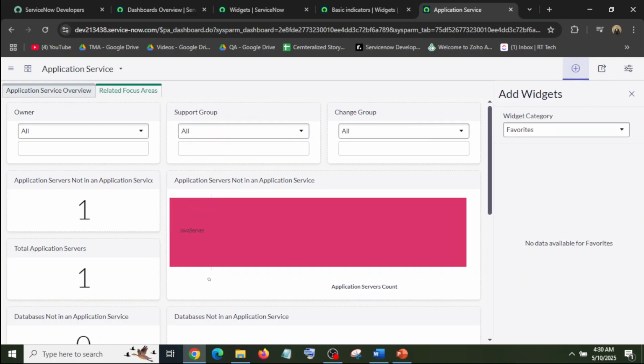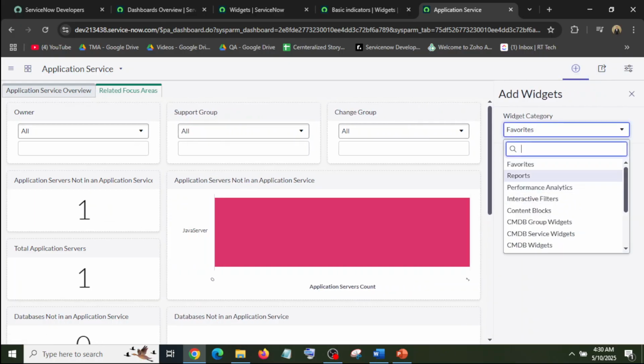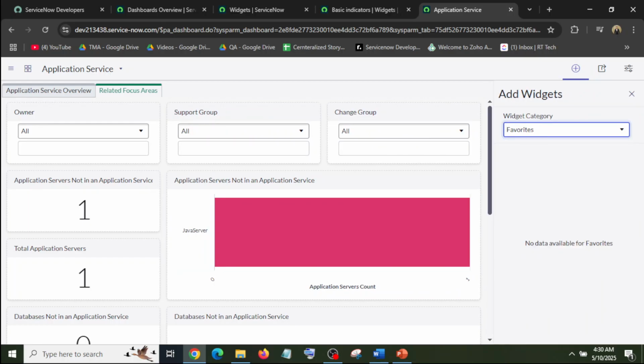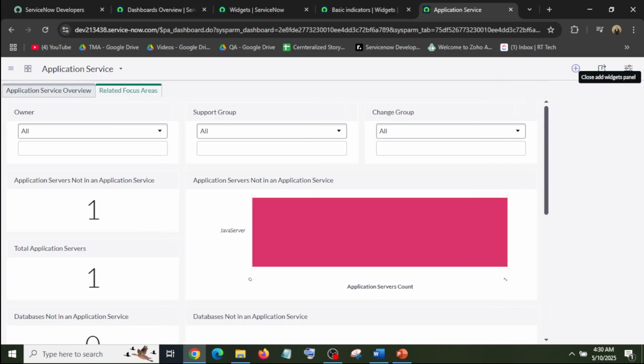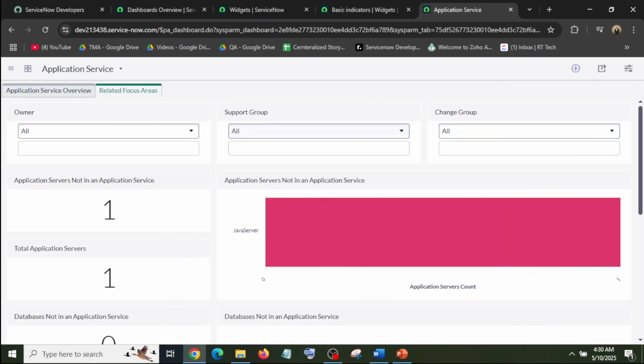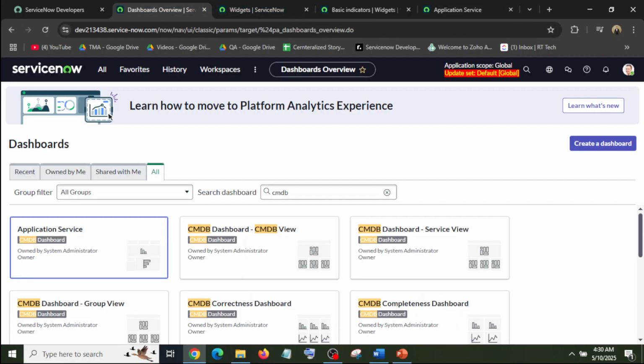We can also add other widgets, reports, performance analytics, interactive filters, and different options are available to visualize your CMDB data in the proper way to analyze. There are also many other dashboards. You can also create a new one from here and then create some reports and performance analytics widgets and use them on your dashboard.